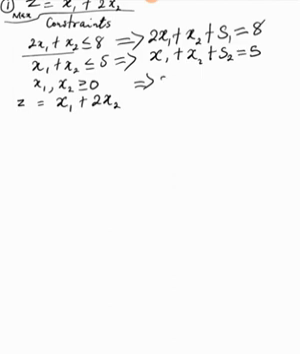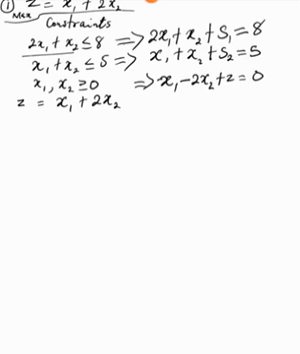x1 crossing the equation sign will become negative x sub 1. Then 2x sub 2 crossing the equation sign becomes negative 2x sub 2 plus the z equal to 0. So we have the slack equations, and we have a standard equation here as well. So the next step is